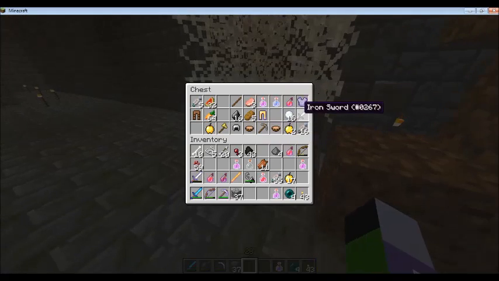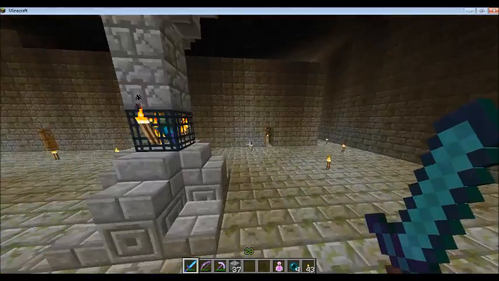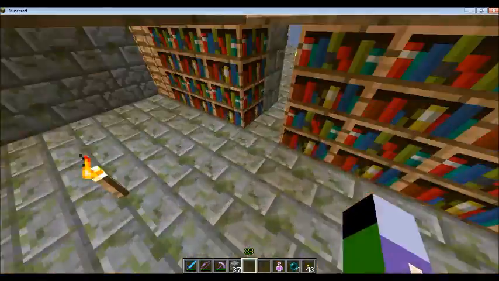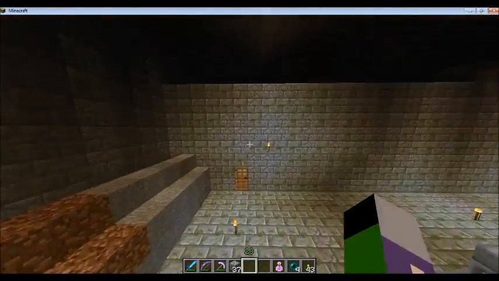This chest over here was pretty nice. Lots of food and stuff. Again, I think the amount of food you handed out is the only problem that I found with the map. The amount of stuff you handed out. I liked the difficulty. It's just the amount of stuff that you handed out made the map a little too